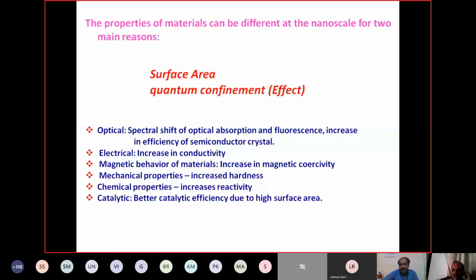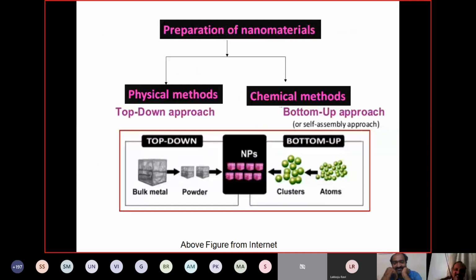Okay, I'll give a brief about the preparation methods also. There are a number of preparation methods. They are classified into physical methods and chemical methods. We call the physical method the top-down method. Top-down means you simply take the same material. If you want silicon oxide as a nano material, we take silicon oxide in the bulk form, then crush it, breaking it into smaller and smaller sizes using some mechanical instrument.